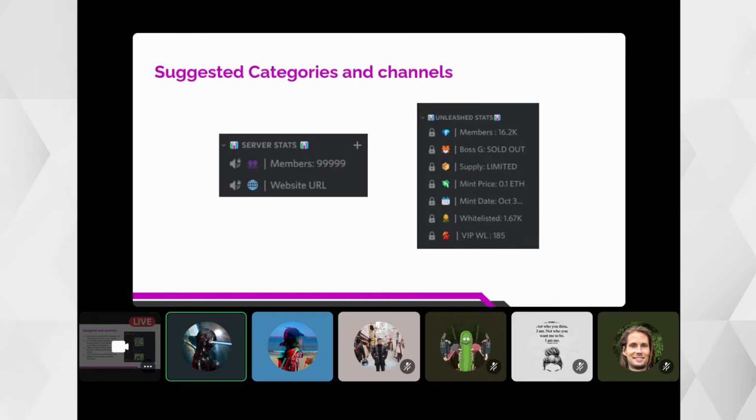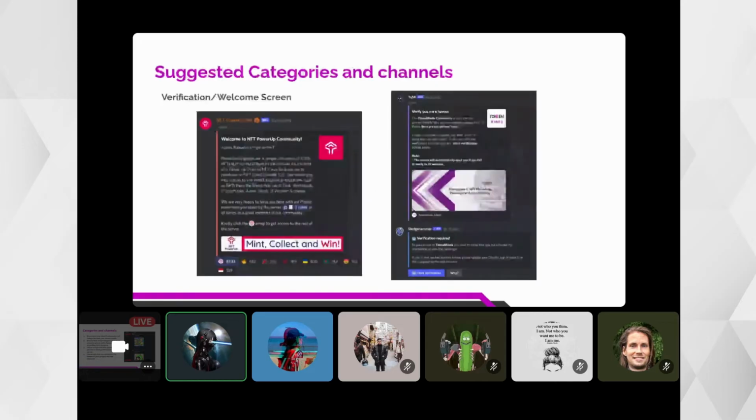And then you can also input if you have a limited number of whitelisted people, who will have perks before the public mint, so they can mint earlier, they can have a lower priced mint. So these whitelist spots are relatively high demand for NFT projects. So these are the things that we can offer to prospective community members and holders of your NFT. So we can provide this information in this part of the channels and categories.